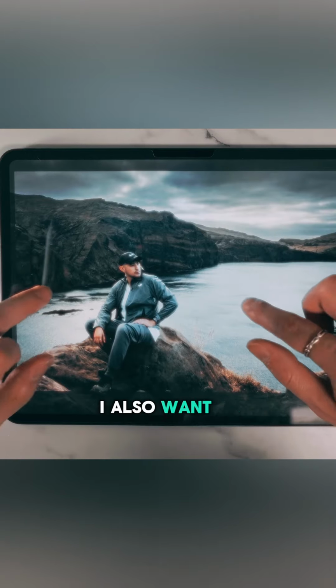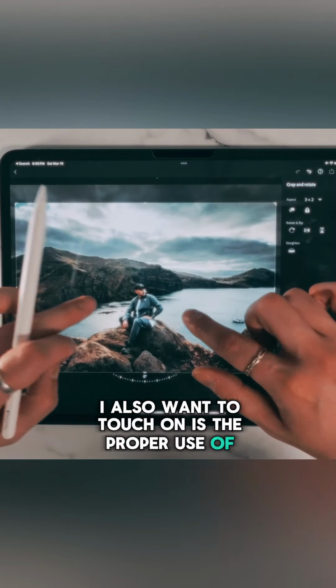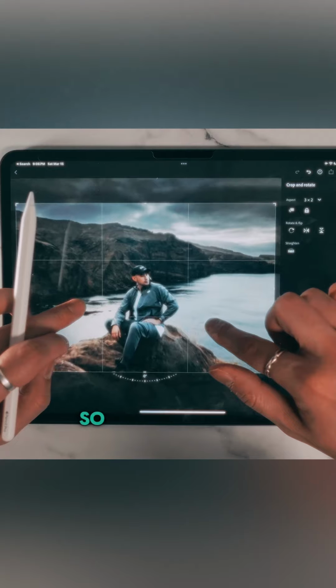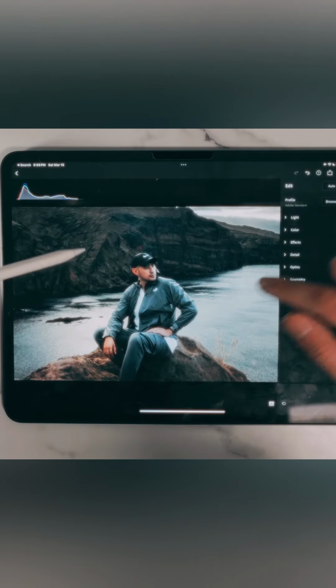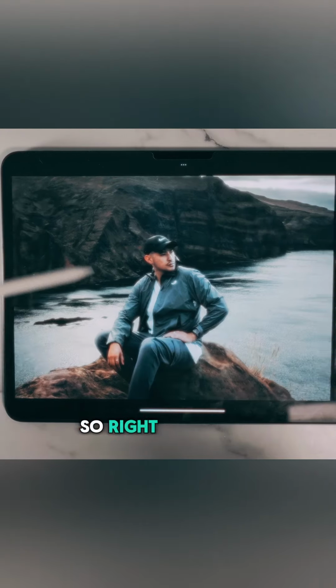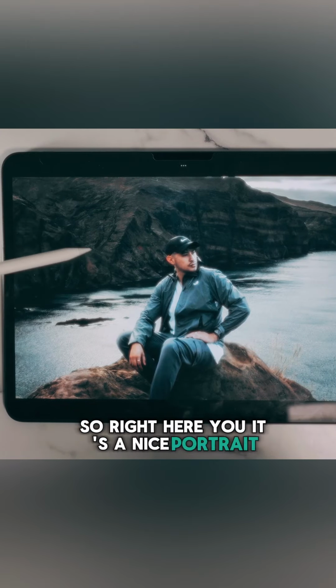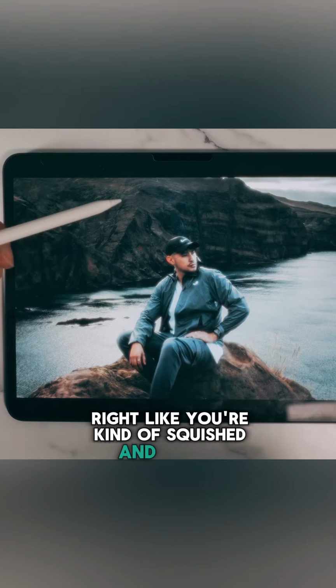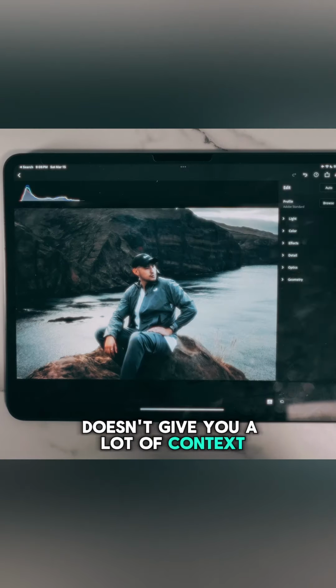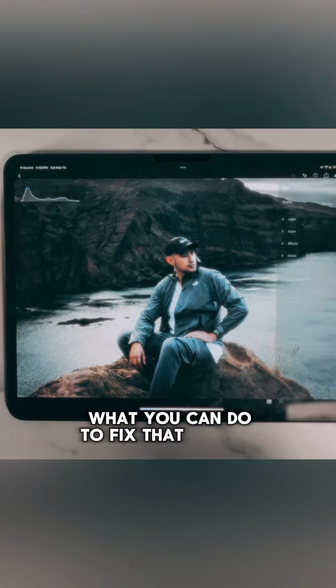And then something I also want to touch on is the proper use of headroom. So imagine if I shot this photo tight like this. So right here, it's a nice portrait, but it seems like you're smushed, right? Like you're kind of squished, and doesn't give you a lot of context. What you can do to fix that is when you're shooting,